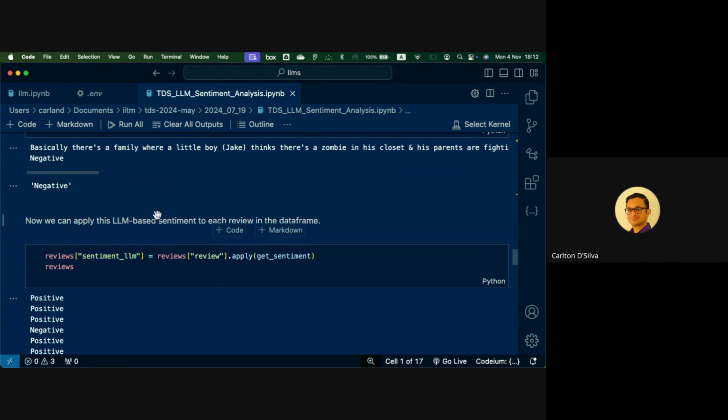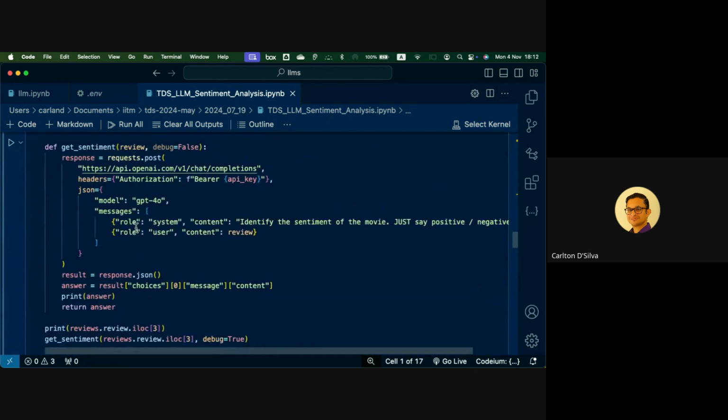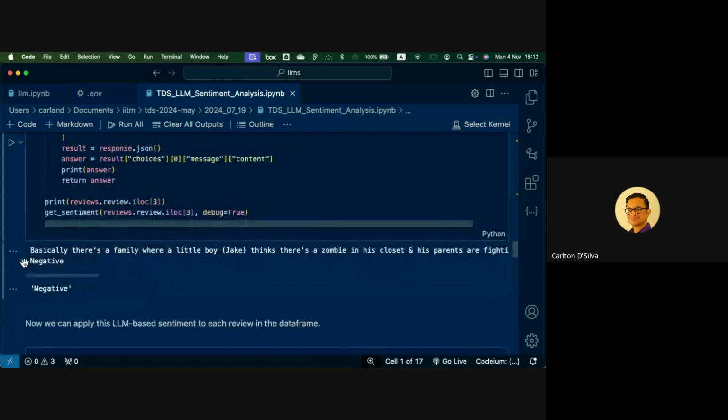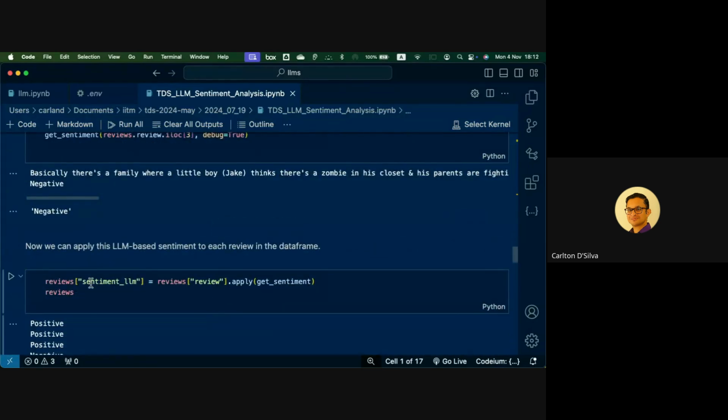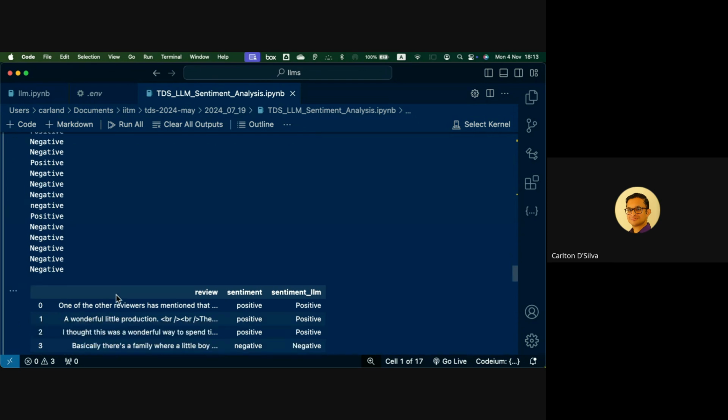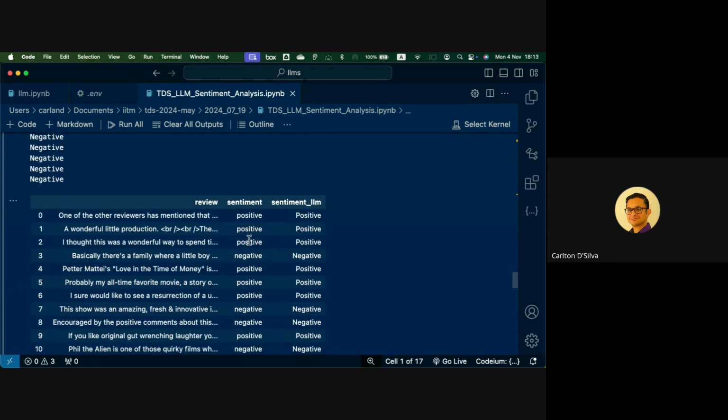It's this function, get sentiment. It takes this function and hits the API with that review and gets the result. Whatever result it gets, it puts into another column called sentiment LLM, and these are the results from it.